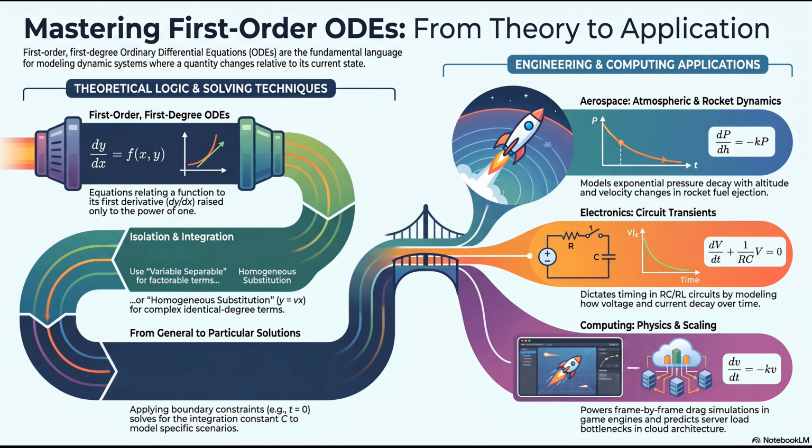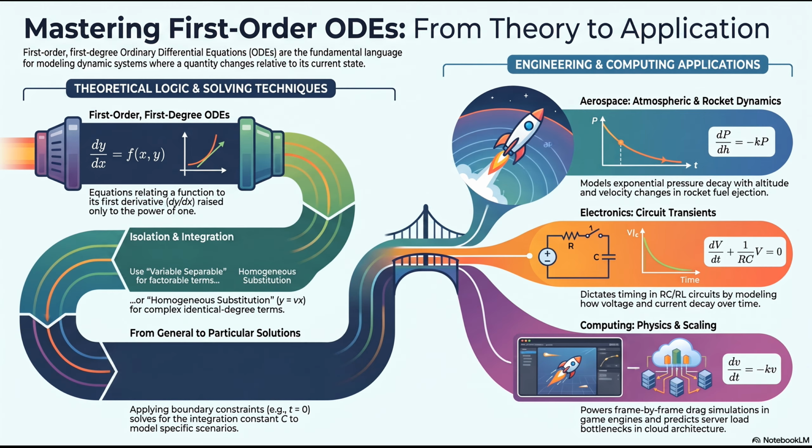This brings us to the second method, the homogeneous structure. Sometimes you have a function where the x and y terms just cannot be cleanly separated. Right, they are algebraically fused together, but they share identical total degrees in every single term. When that happens, there is a suggested substitution, replacing y with v times x. Which changes the derivative dy over dx into v plus x times dv over dx.